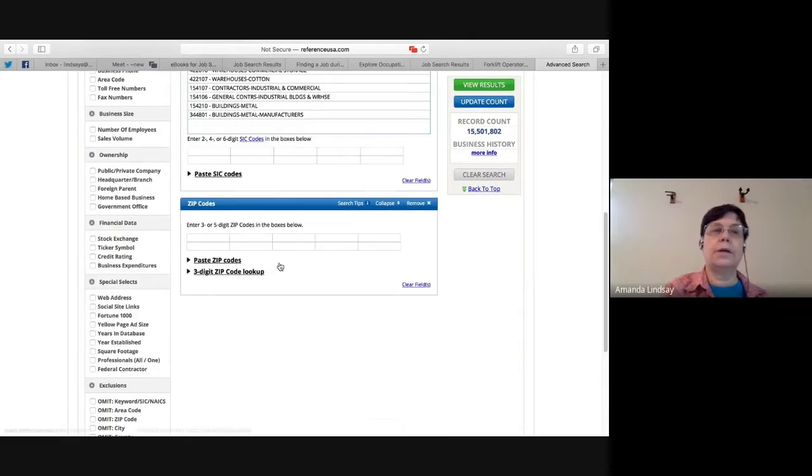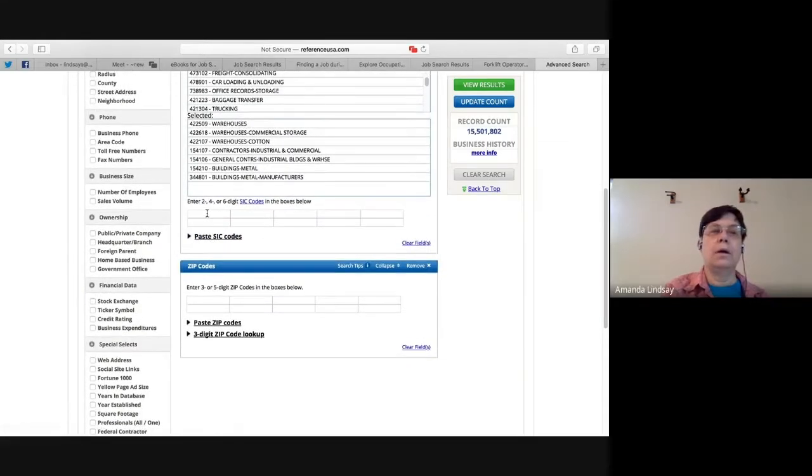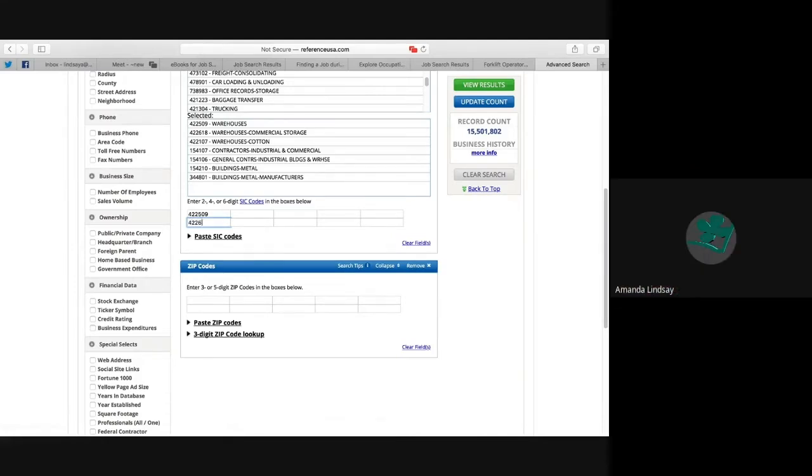Okay, so once you select those, then you have to go down below and you have to actually type in the SIC code, which is right here, or NAICS code. So I'm going to type in 422509, which is for warehouses, 422618 for warehouse commercial. We'll do a couple more. 154107 for contractors, general industry. 154106. And we'll do one more. 344801. Okay. And then you come down to the zip code criteria, and we're going to type in